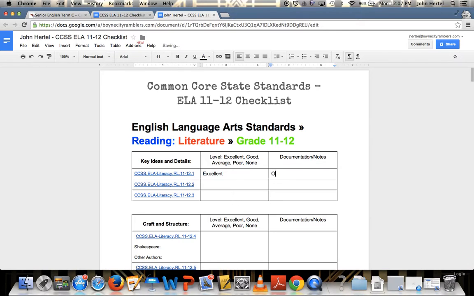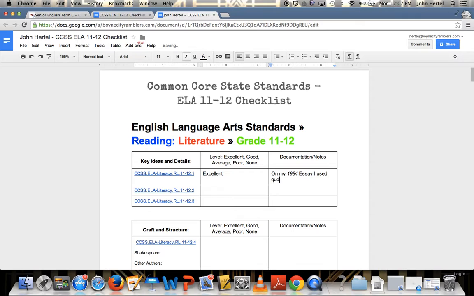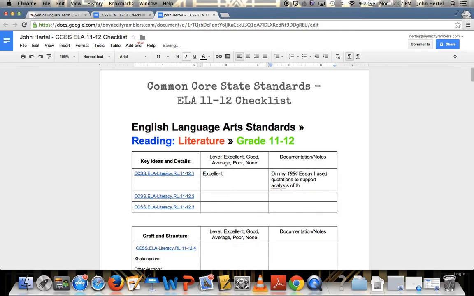So I would type in here something like, on my 1984 essay, I used quotations to support analysis of the novel. Okay, and really, even if you wanted to, if you have an example of the assignment that you used to meet the requirement,